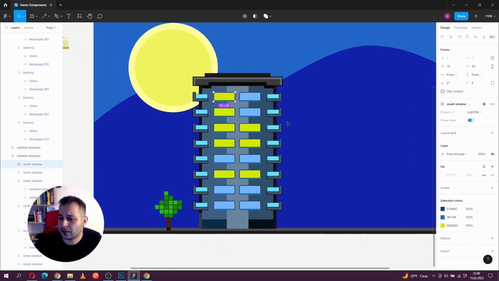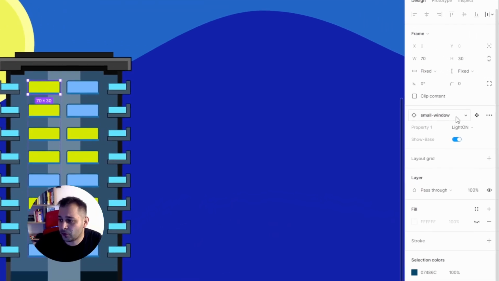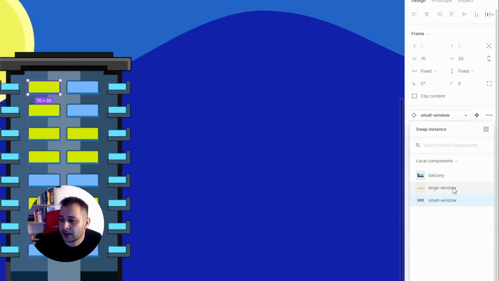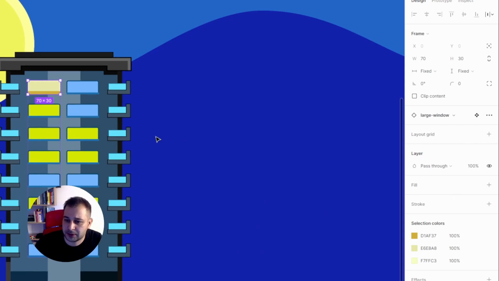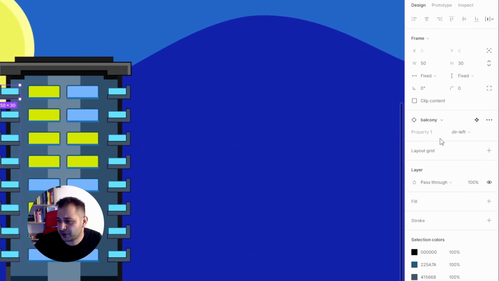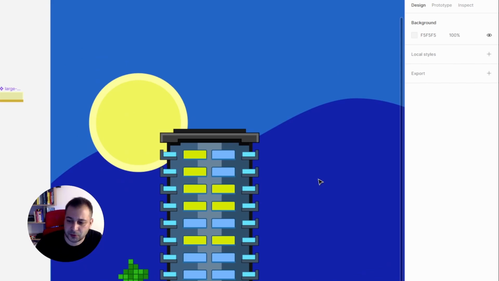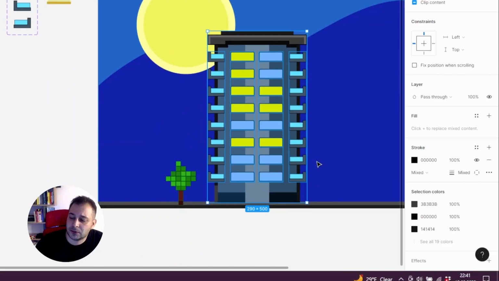So now having those deployed here on my building, if I want to revert back to the old ones, I can swap them from here because they're also a component, just like that. I can control the direction of the balcony, pointing right, pointing left. So that's about swapping components. And to also show you